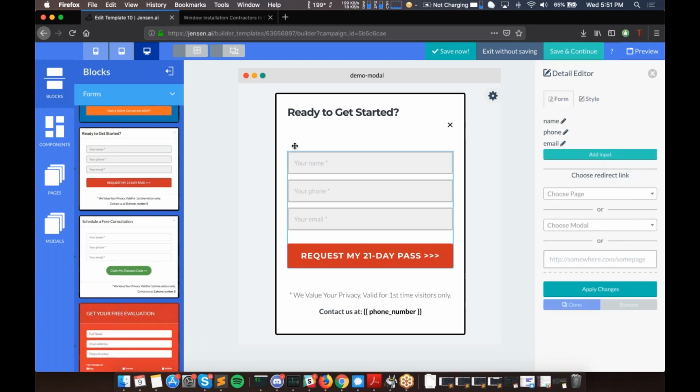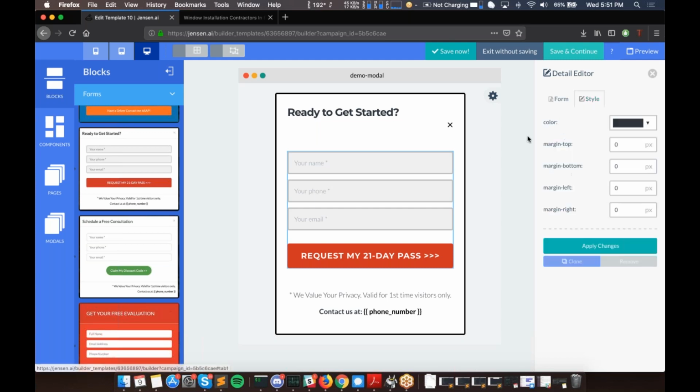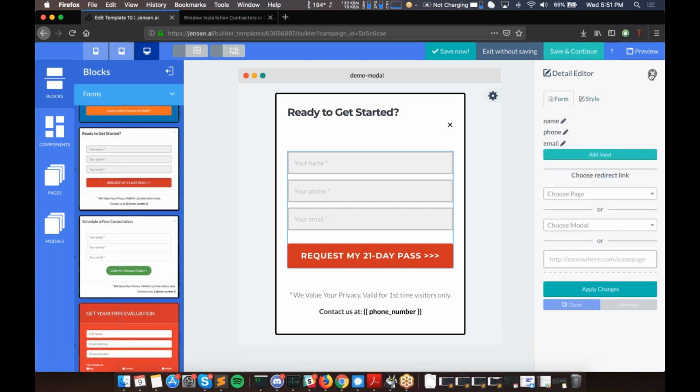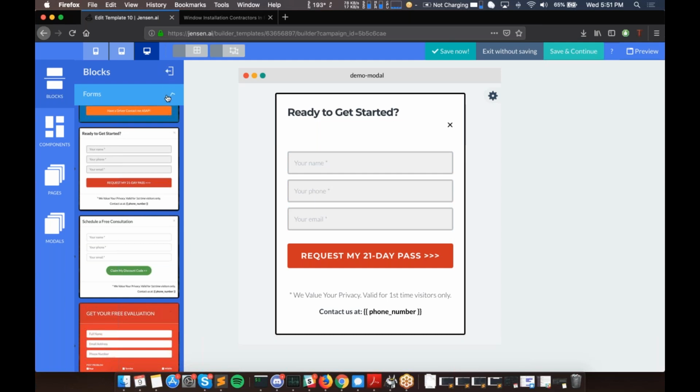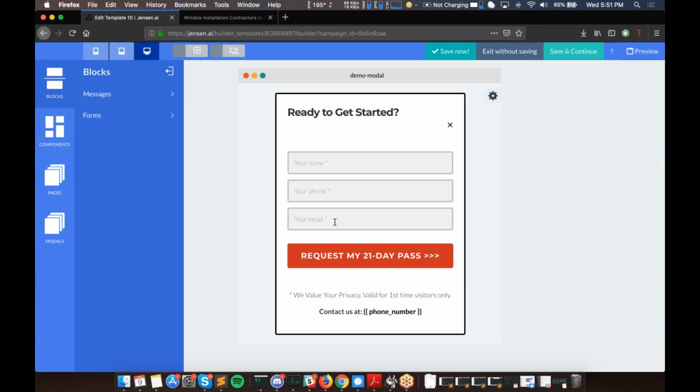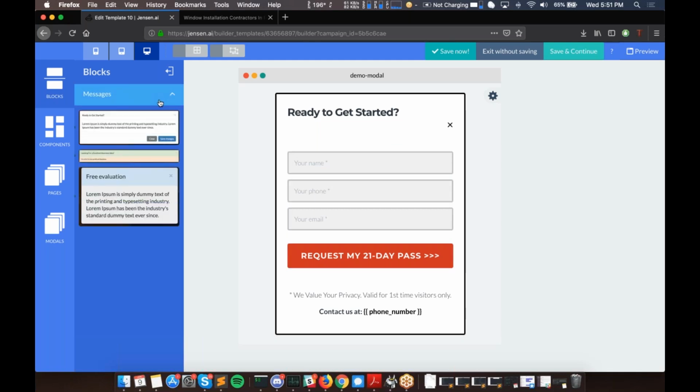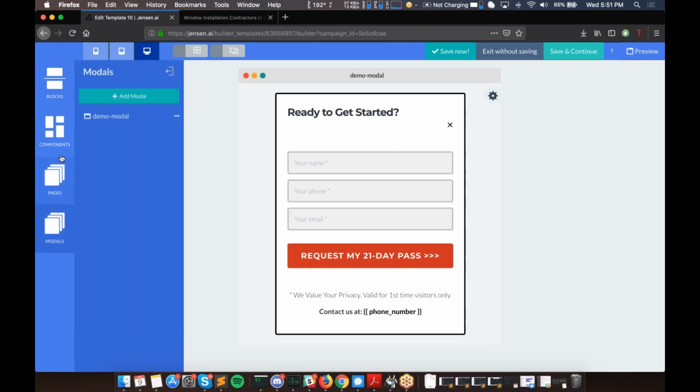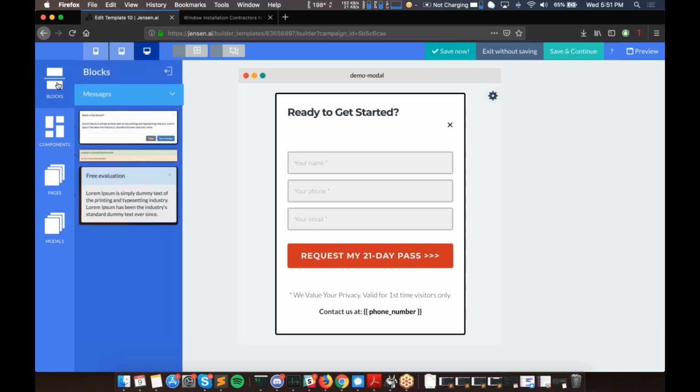I believe if we click here, now we can see what editing the form is going to look like. We can dynamically add inputs, and it's going to add a new form field to be pushed through. We can change things like the styling, but let's kind of just leave this here. I want to demo what's going to happen to use a modal. So let's say we've got this modal. We can choose the message that gets sent if you just want to send people a message instead of a form. Let's go ahead and hop over here,